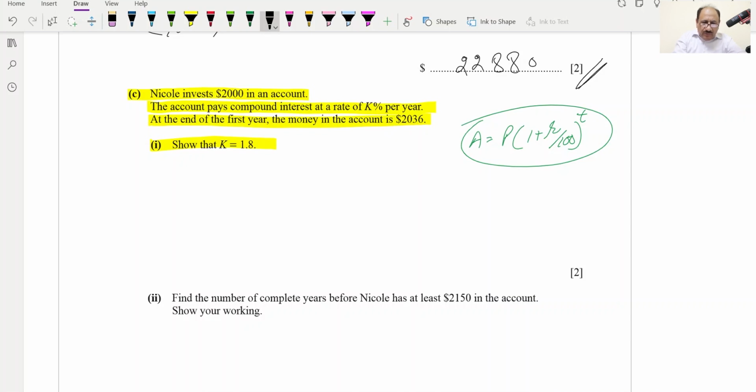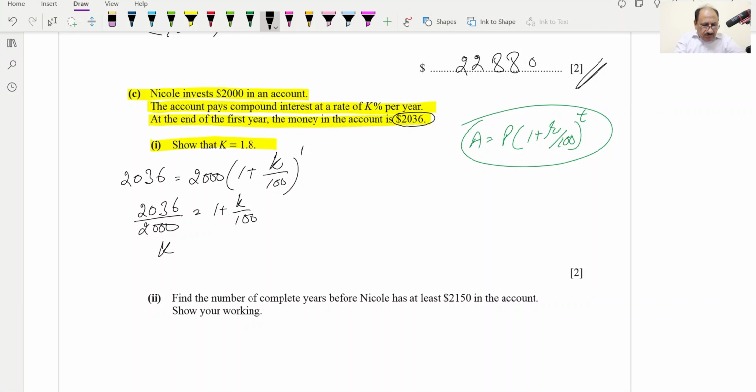So the amount at the end of the first year is $2,036, which is equal to the principal amount, 2000, times (1 plus rate, which is K, which we have to calculate, over 100), and for duration, which is 1 year, we have to simplify this. 2000 we can shift to the other side, so 2036 divided by 2000 is equal to 1 plus K over 100. 1 also we can shift to the other side, so K over 100 is equal to 2036 over 2000 minus 1,